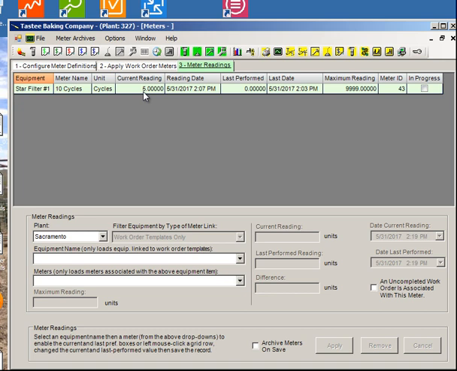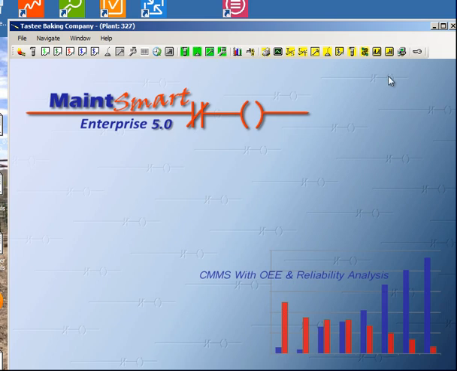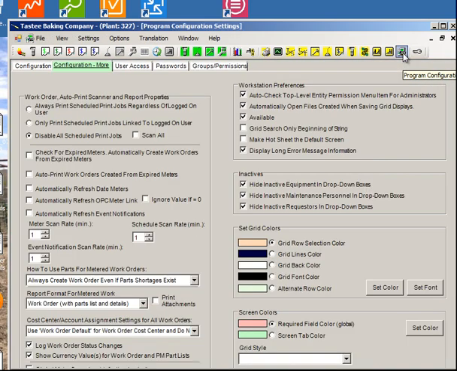Now this video is just going to cover how you turn on the meter scanner. So I'll go ahead and exit this screen. And the meter scanner really only needs to be turned on from one computer that you expect to have running all the time. If it's not running all the time, that's okay, because when you do turn it on, MateSmart will catch up. So essentially, I went into the program configuration, and I went to the second screen tab, configuration more,